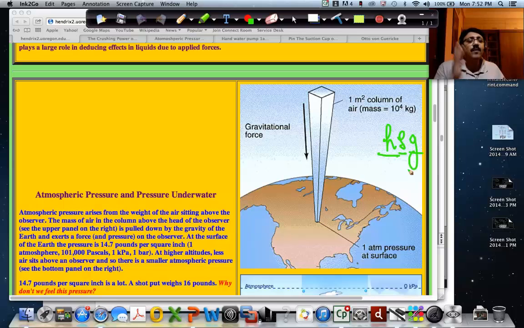The same concept or formula that we derived for liquids applies to gases, and Pascal's law also applies. So the pressure exerted is going to be equal in all directions. All the concepts that we talked about in the case of liquids also apply to the hydrostatic pressure exerted by gases, right? So if you look at the atmosphere,